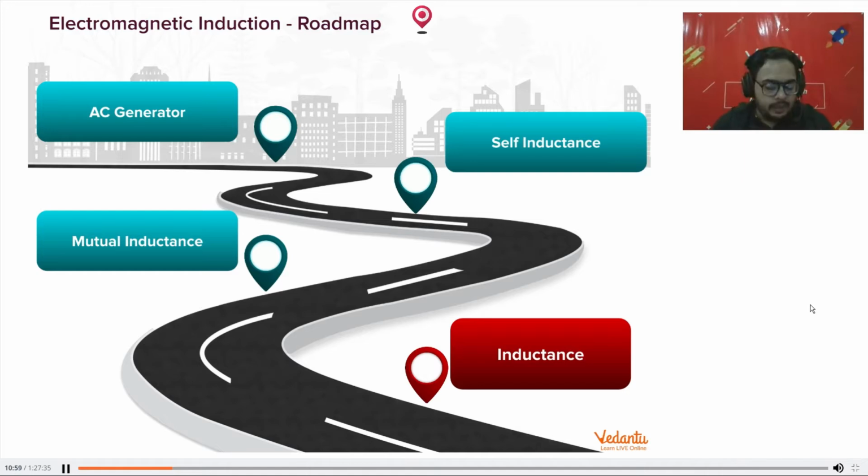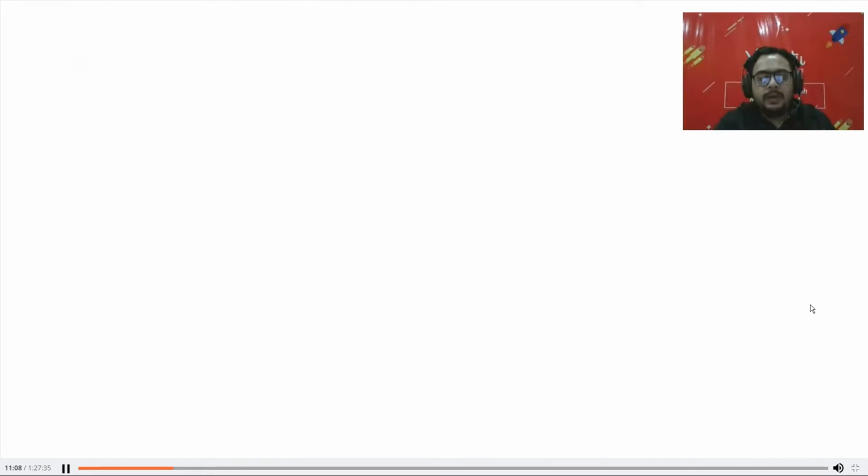Okay, so the next topic that we have to study today is called inductance. Now why are we studying inductance? You have studied about various electrical instruments. I am sure everyone has heard about a resistor. Do you know what is a resistor? A resistor is basically a resistance in electrical circuit which basically generates heat. Am I correct? The heat generated in resistor is I square R. We have studied this in current electricity.